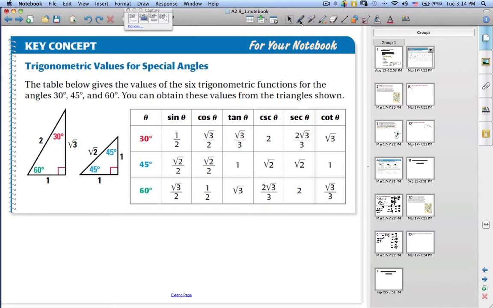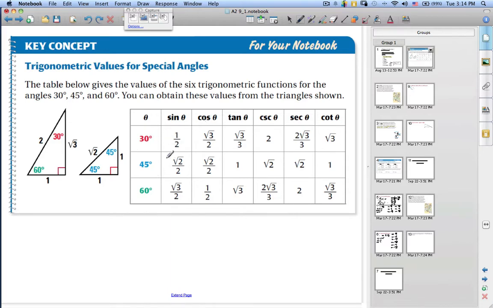When we're working with standard angles, and standard angles are multiples of 30 and multiples of 45, there's a predictable pattern to the values for sine, cosine, and tangent, and of course then also the same for cosecant, secant, and cotangent. And later we're going to find out how to find these from the unit circle, but for right now,